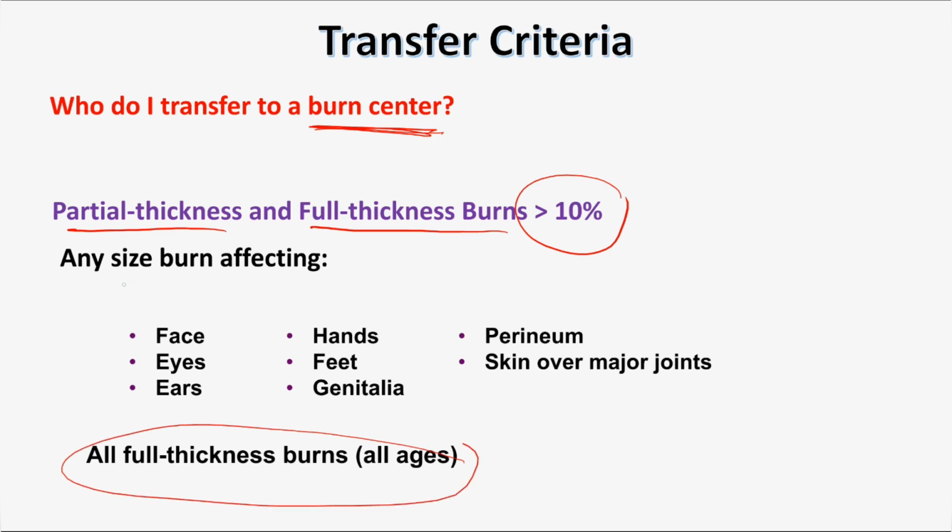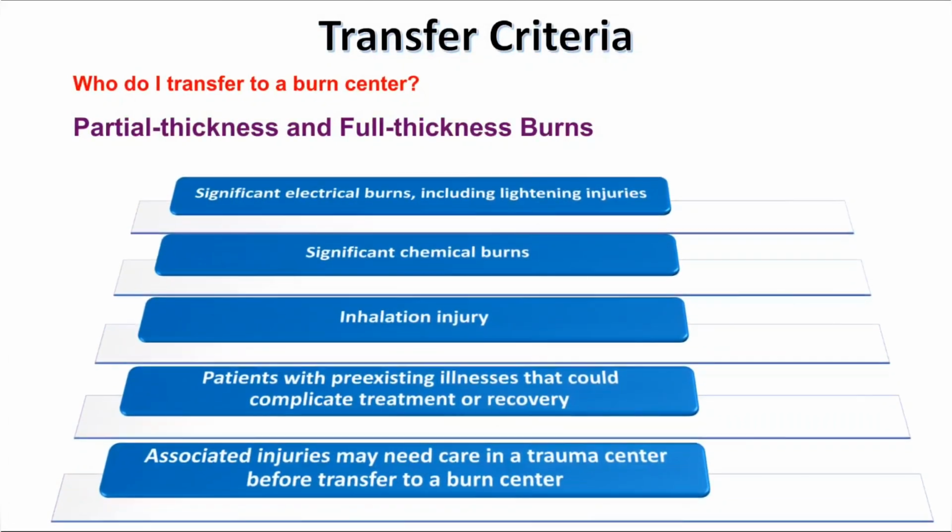Also, sometimes any size of the burn, but the burn including face, eyes, ears, hands, feet, genitalia, perineum, skin overlying major joints, because it may lead to contracture later on. Also, significant electrical burn, including the lightning injury, which has high mortality rate. Significant chemical burns, inhalation injury,